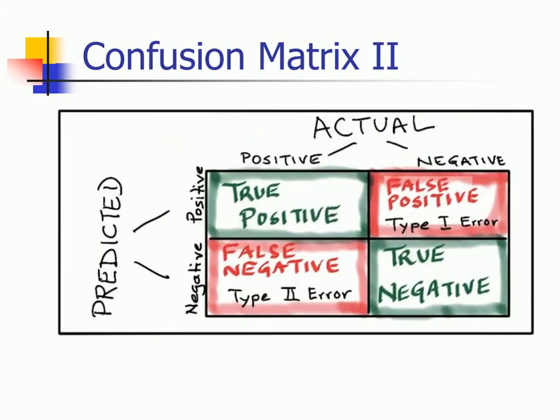Now this is how my confusion matrix looks. A simple way to remember this is to keep the predictions as rows and my actual values as columns. So if my prediction is positive, then my last term, be it true positive, false positive, false negative or true negative, all these terms correspond to what my predicted value is. So if my prediction is negative, I'll have a false negative or a true negative.